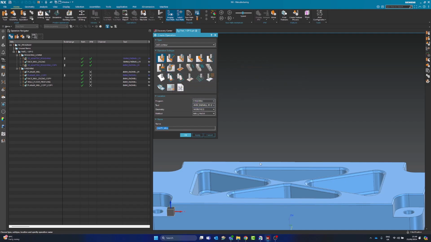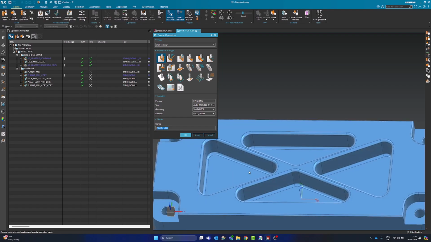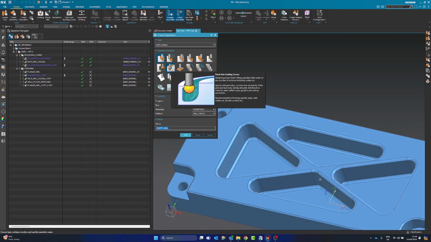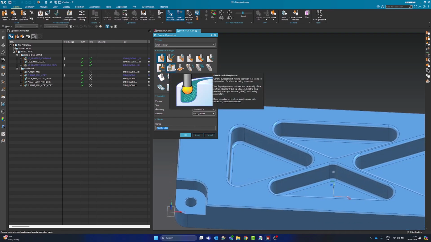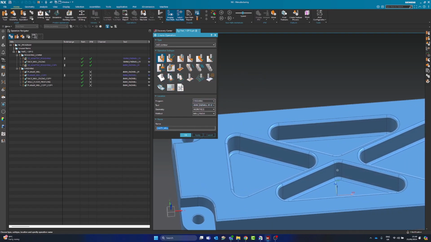So what are our options for this? So again, in NX you have multiple options to do the same thing. My favorite is fixed axis guided curves, but for something like this, I'm not going to use fixed axis guided curves. I'm going to use